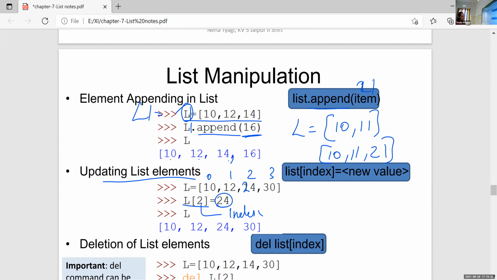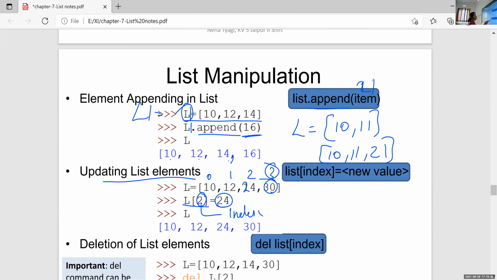Updating list elements. If you want to update a value in an old list, use this index value, L of 2. If I want to update this 30 with a new value 35, what should you write?